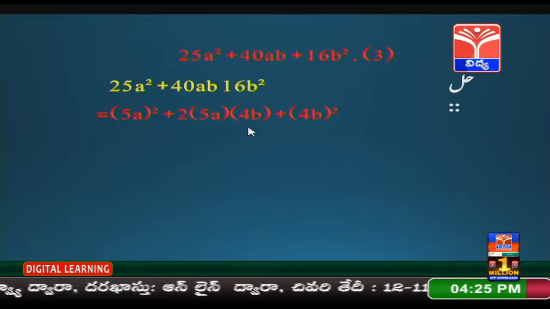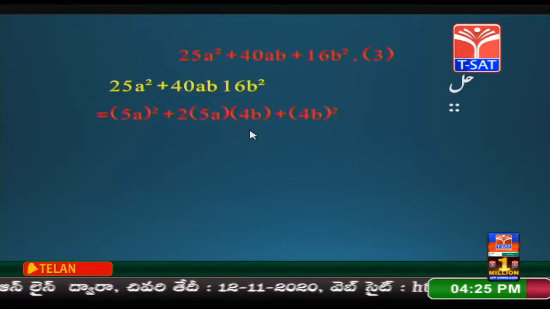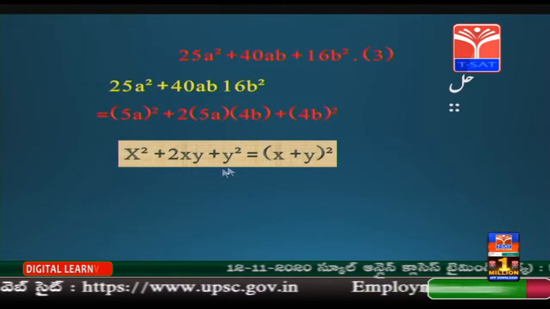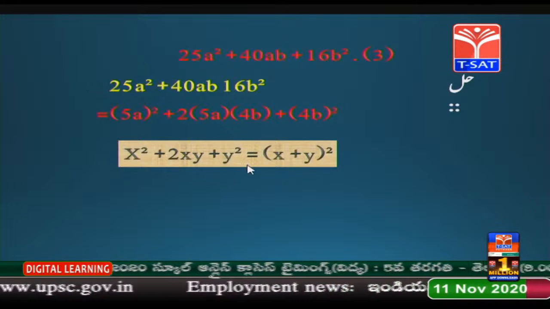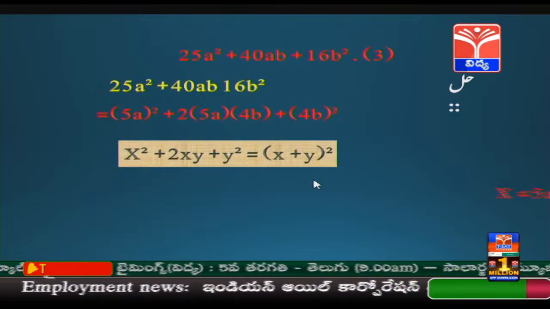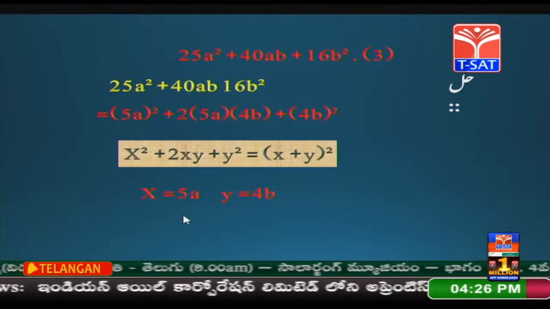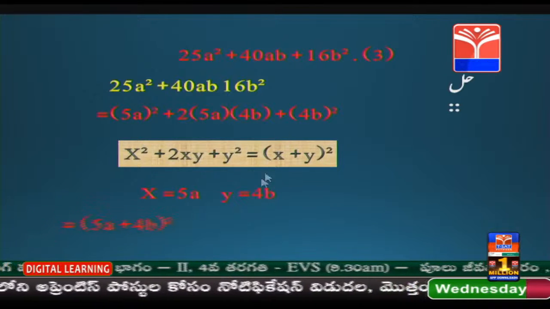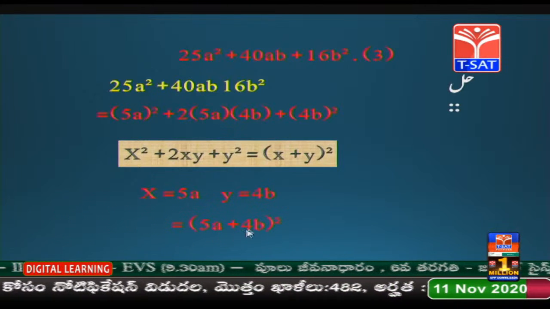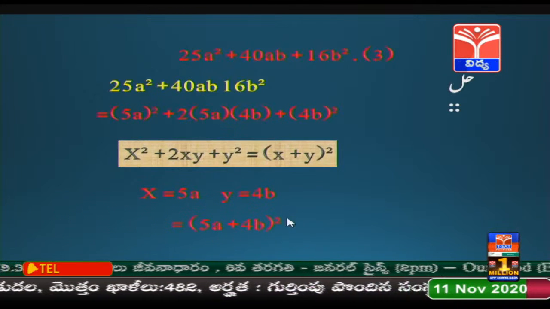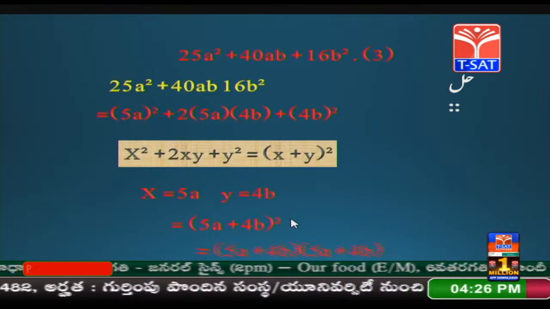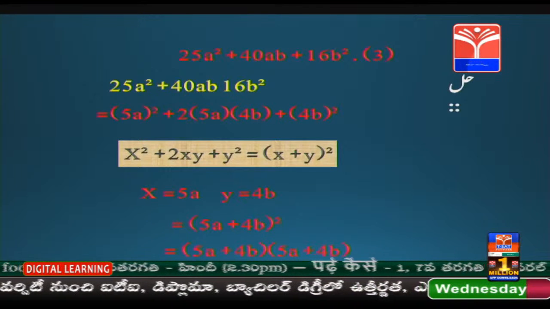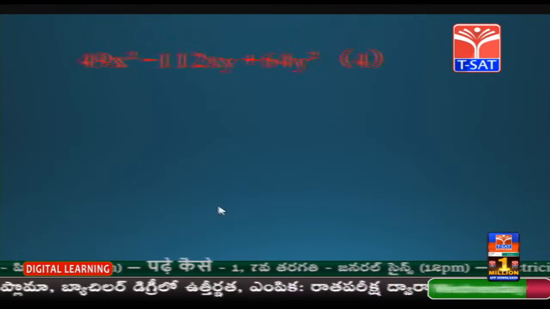40ab आ गया। तो मतलब क्या, x जमा y की दूसरी की शक्ल में ये मौजूद है, यानी x की दूसरी जमा 2xy जमा y की दूसरी की शक्ल में है। तो हमको क्या करना, x जमा y कुल की दूसरी की शक्ल में लाना होगा। x के बजाय 5a, y के बजाय 4b दर्ज करने पर, 5a जमा 4b कुल की दूसरी, तो दूसरी रहने से 2 मरतबा लिखना होगा। इसी को हम अज्जाए ज़रबी कहेंगे। 5a जमा 4b ज़रब 5a जमा 4b।